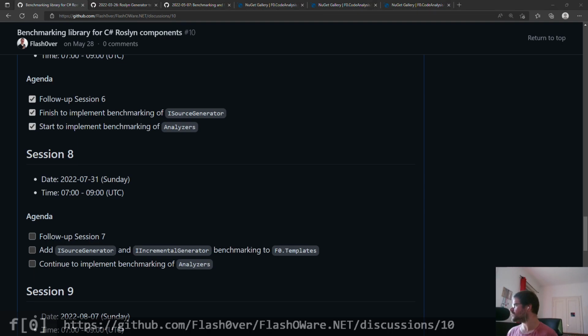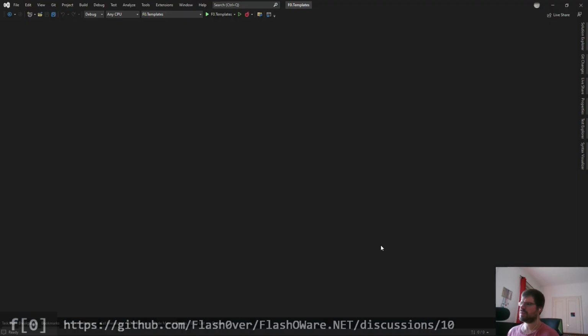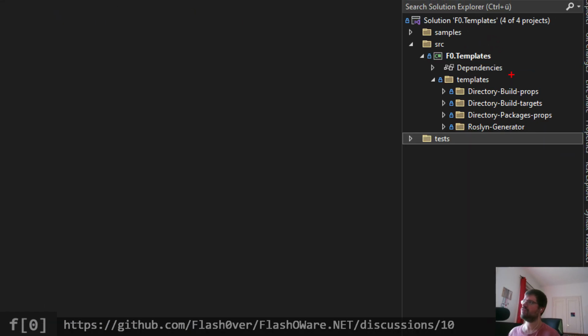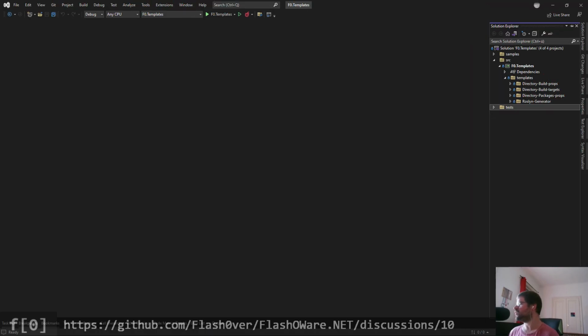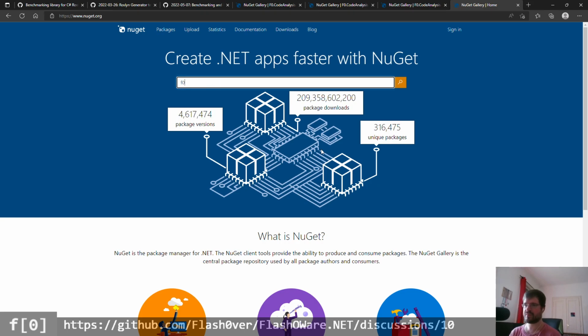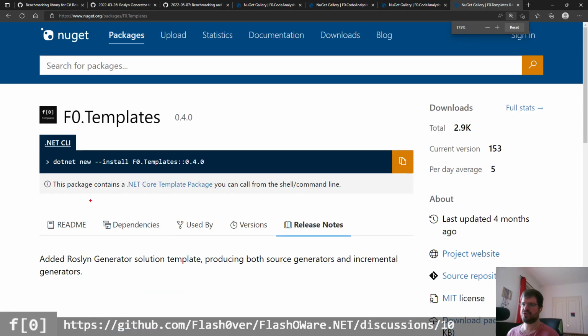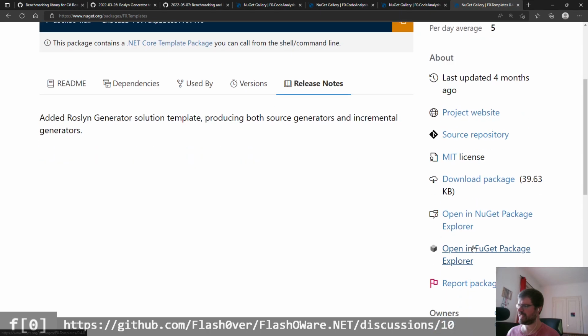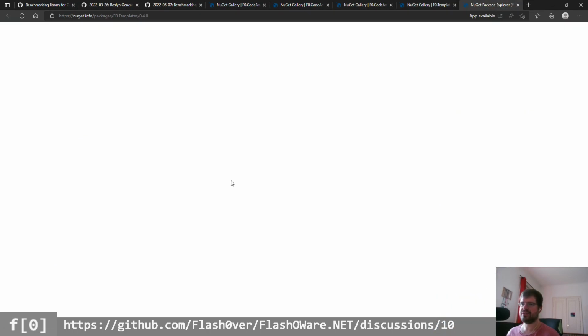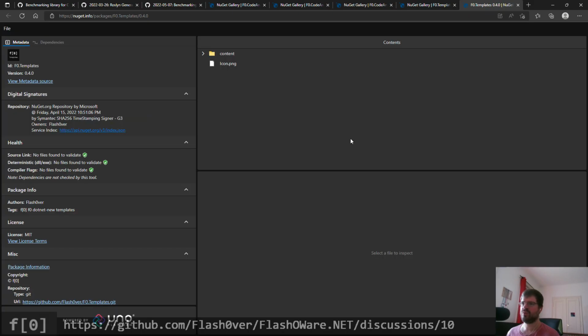Okay, so let's jump into the templates project, which looks like this. So a templates package. Actually, let's have a look at the package at NuGet.org, because NuGet.org also tells us in this note here that this package contains a .NET Core template package. So this is not a classic dependency package, which includes public types that you can then consume, but it's a template instead. If we have a look at the content in the NuGet package manager,